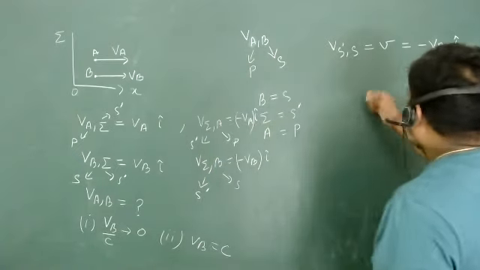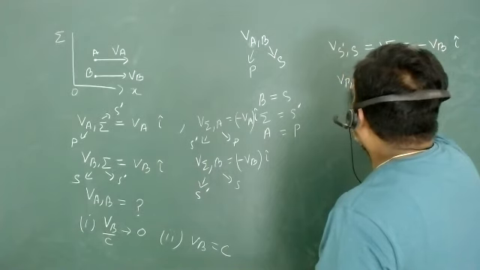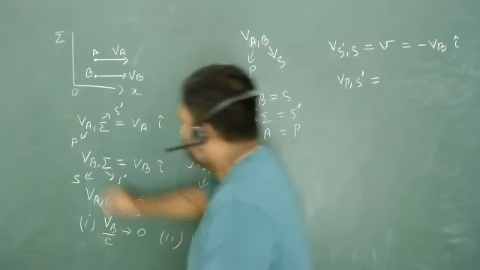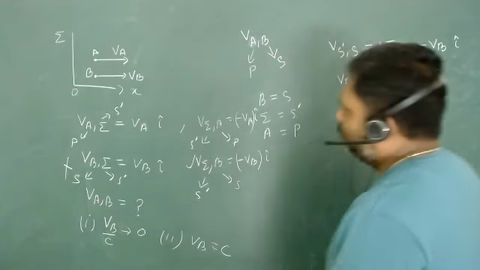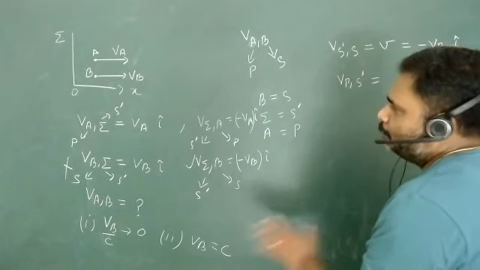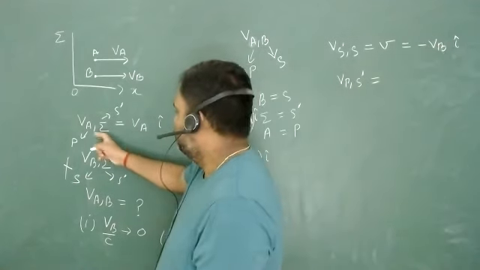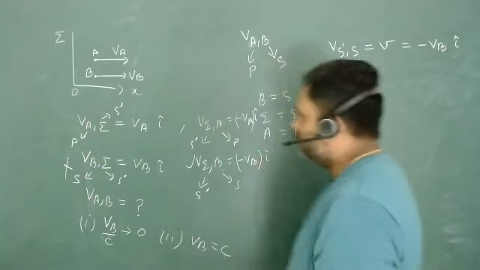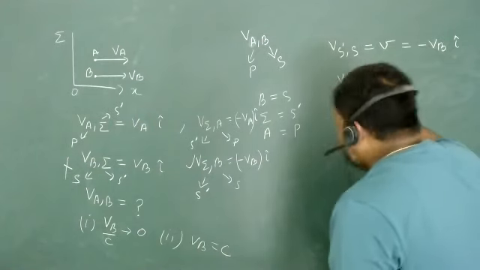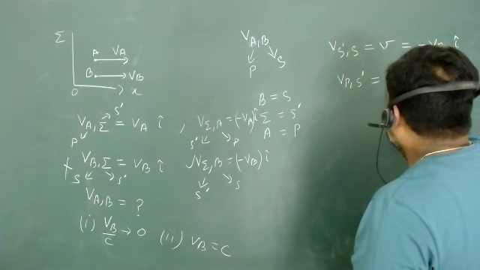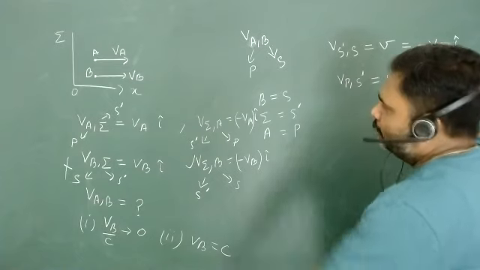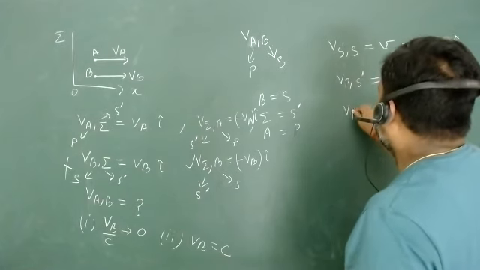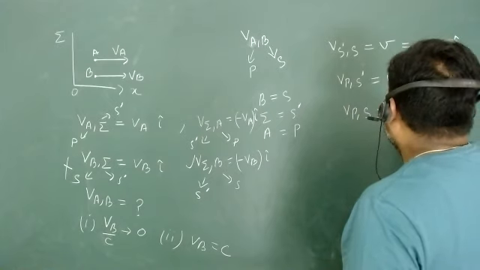Okay. Now, second thing, velocity of particle with respect to S dash. Which one? I have used this quantity. Now, this has not any use in this problem. Yes, this one. Velocity of A with respect to sigma is equivalent to velocity of particle with respect to S dash. Isn't it? So velocity of particle with respect to S dash is known as UX dash and this will be nothing but VA. Over. And we have to calculate velocity of particle with respect to S and that is UX.